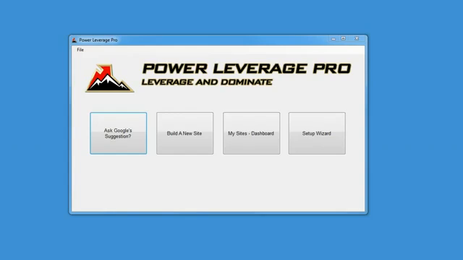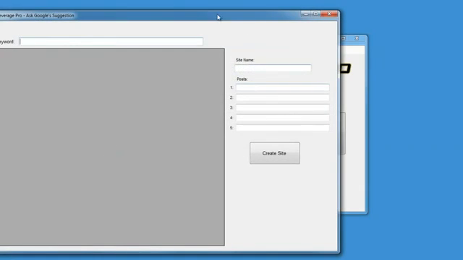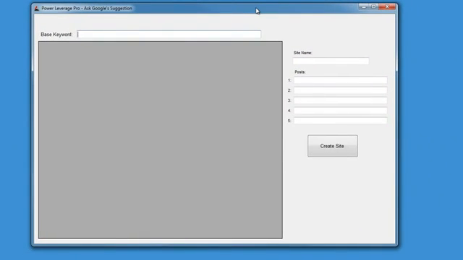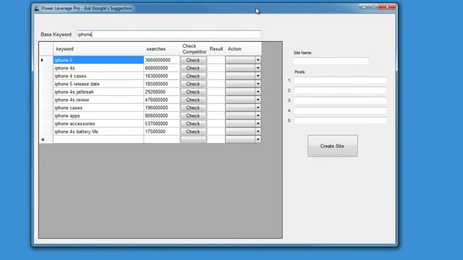This is the software that you will be getting inside the Power Leverage Sensei, and I just want to show you what kind of power you can have when you leverage the things that you're already using. So I'm going to set up this real quick site. I'm going to do it about an accessory for my iPhone, because I just got an iPhone, and I've been looking at these iPhone camera lens. So I'm going to set up a really quick site with iPhone camera lens as my base